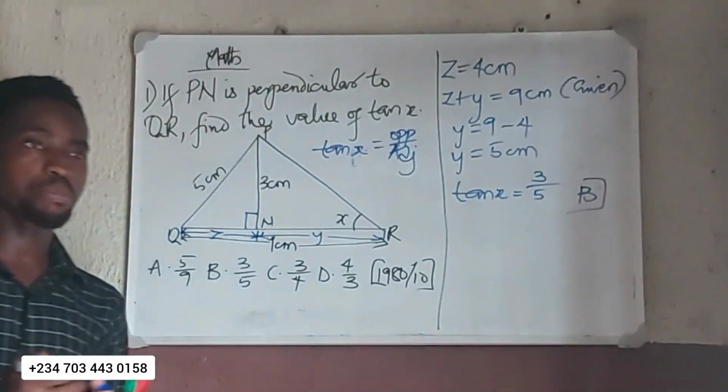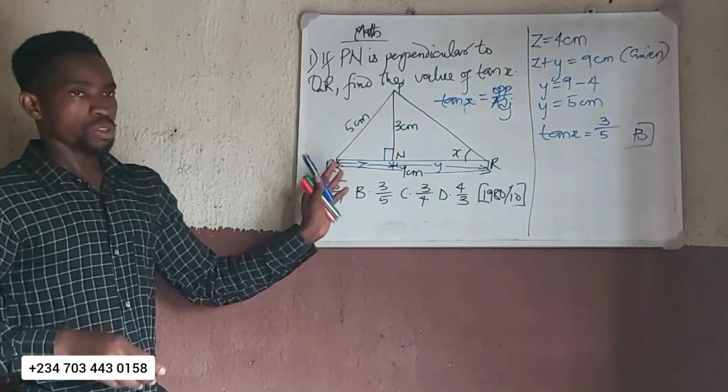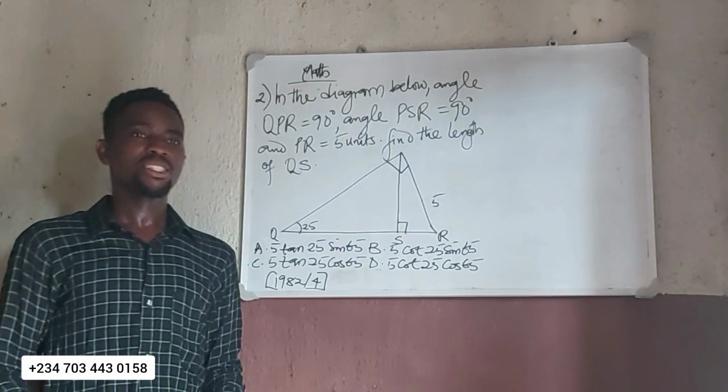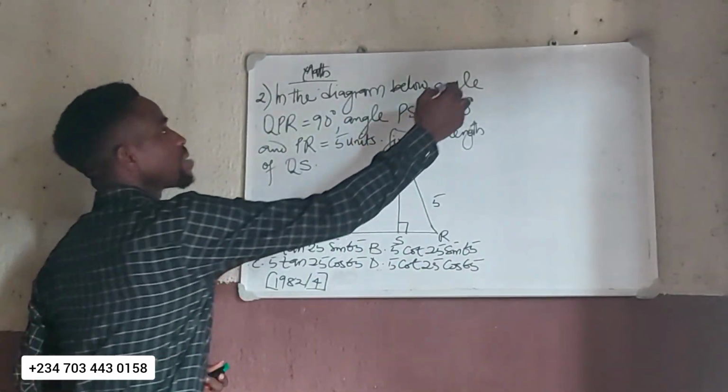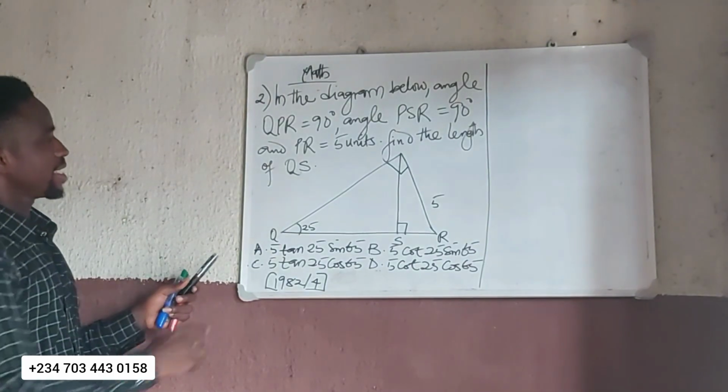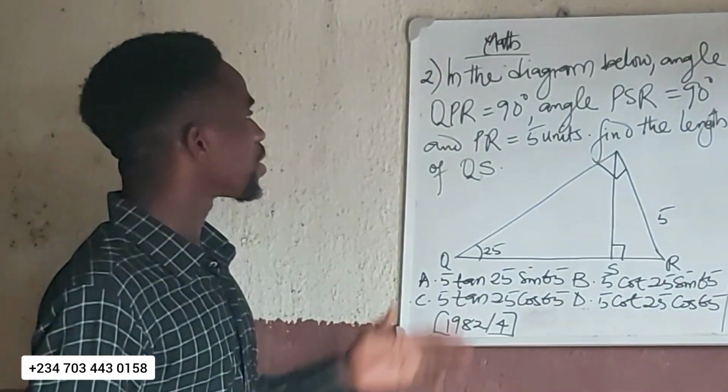You see how simple it is. That's how simple it is. We'll solve another problem. So for the second example, let's see. We have this triangle and we are told that